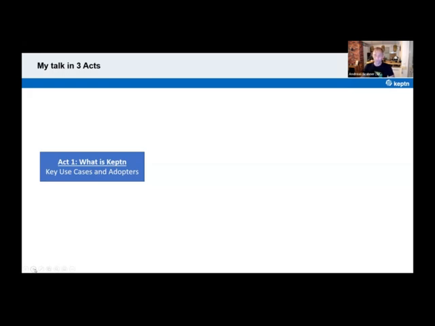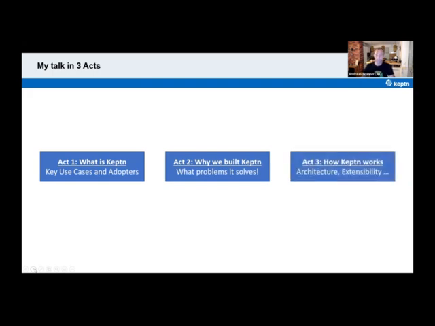Large organizations around the world are adopting it. The second act is, why did we build Keptn? Which problems does it really solve in a unique way? And why wouldn't you use just other tools for Keptn? And then the third act is going deeper into how Keptn actually works, the architecture, especially how you can extend